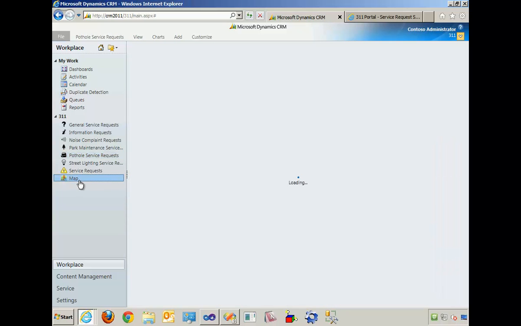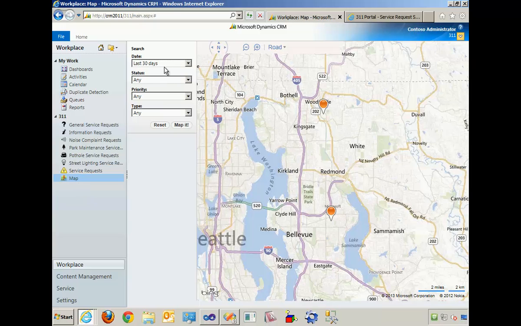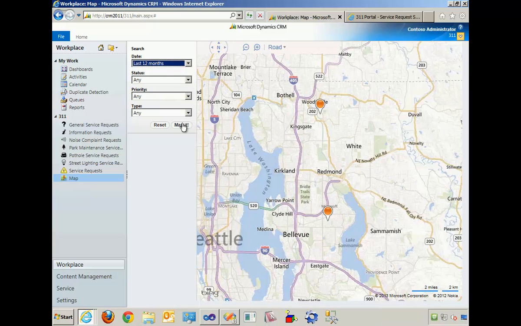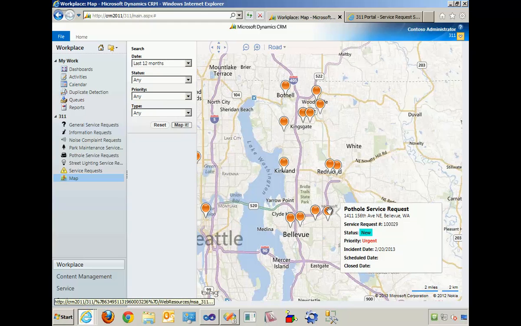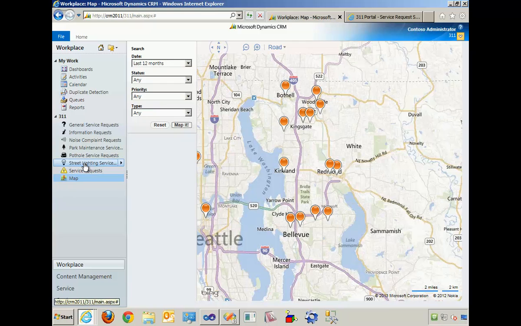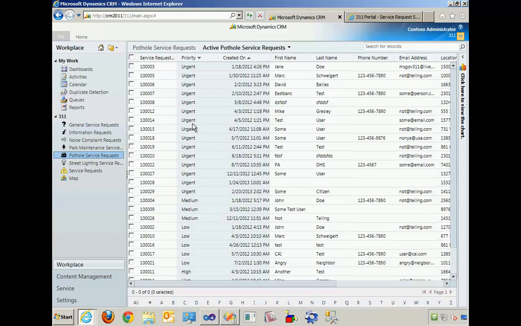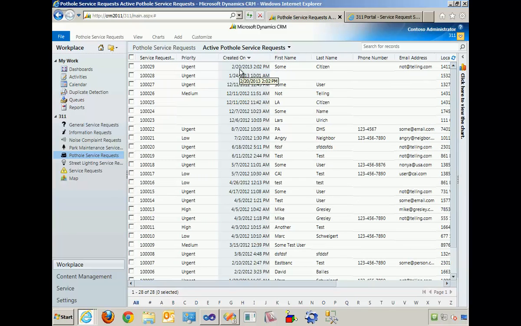And if I look over here on the map, notice that it's also there on the map, and I can do things like look at requests within the last 30 days. There's the one that I just submitted. Again, it's urgent. So why is it urgent? Well, if I come over to pothole service requests here, and I pull the record up,